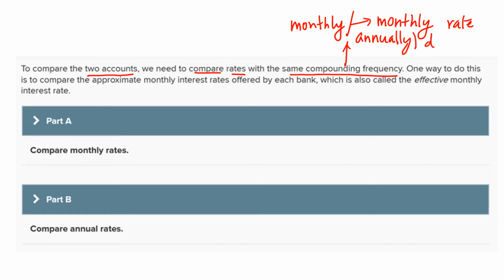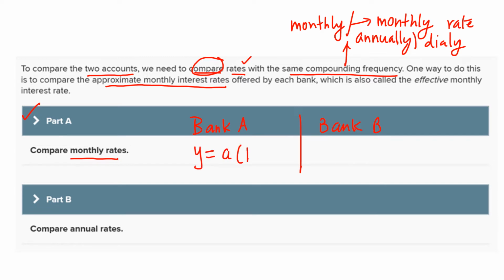Or daily. So this is an important point. Accordingly, when you are doing the comparison, you're going to compare the rates on this basis. One way to do that is to compare the approximate monthly interest rate. So in part A of the question, if you have to compare the monthly rates, then for both banks, for example, bank A and bank B, when you are comparing the rate of interest, definitely your starting point would be the equation which we just